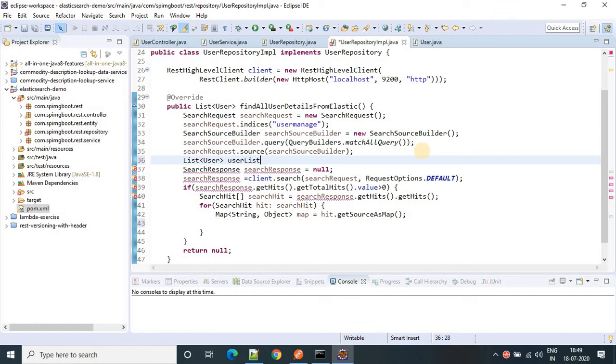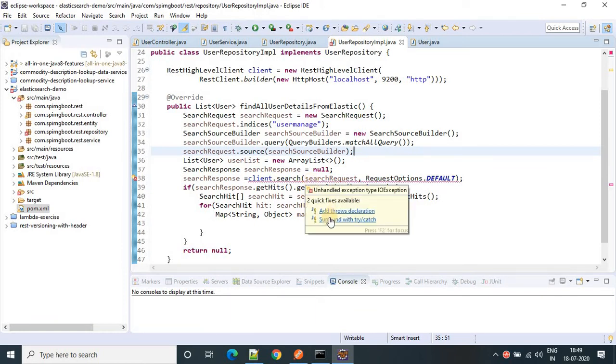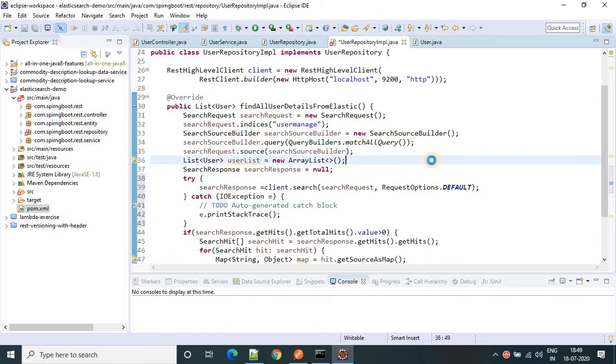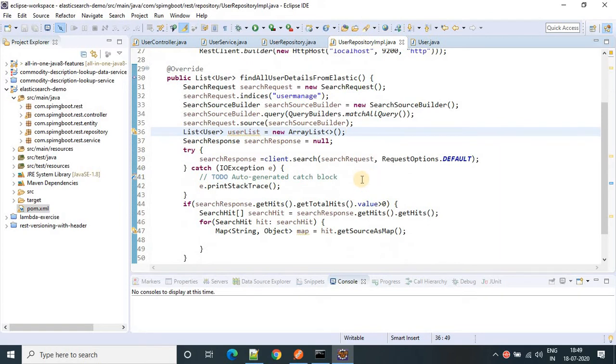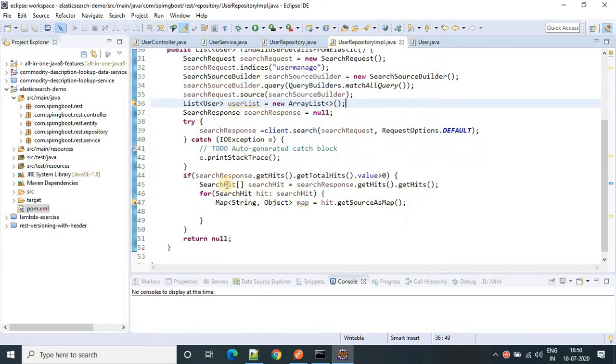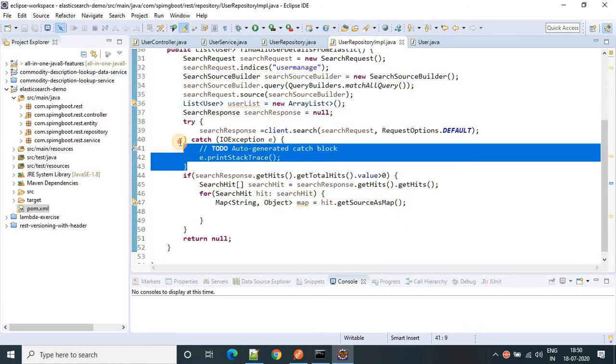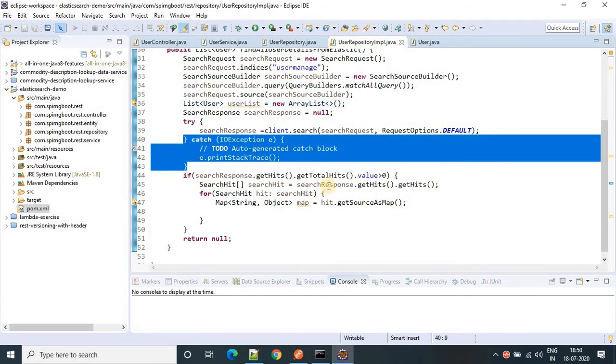Let's suppose user list equals to a list, and this will be inside the try catch block. So use the try catch block. This catch is not needed here.